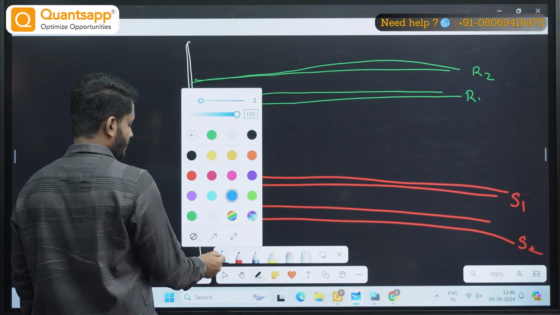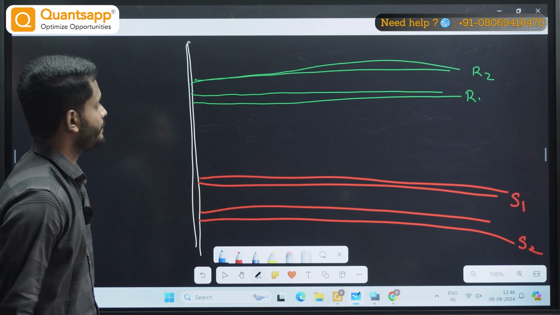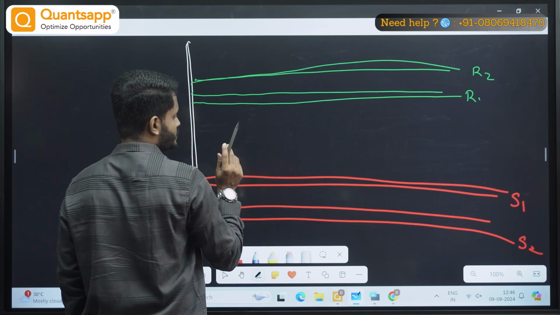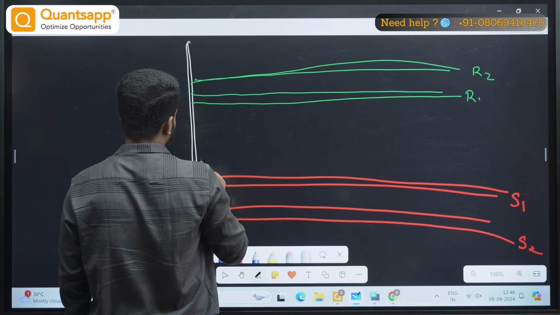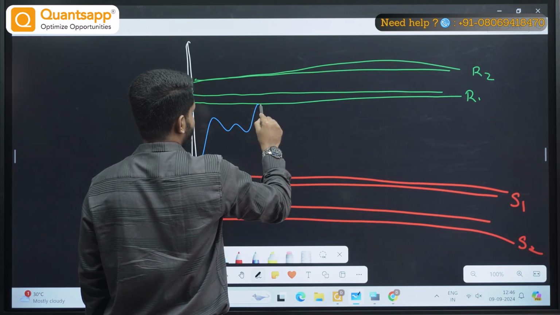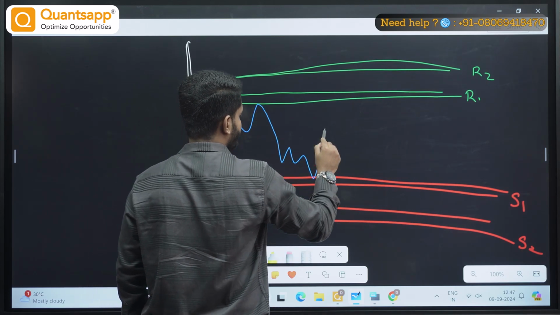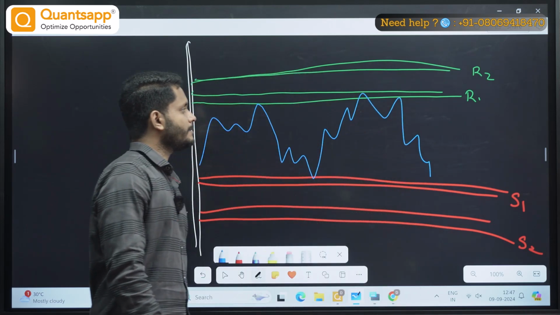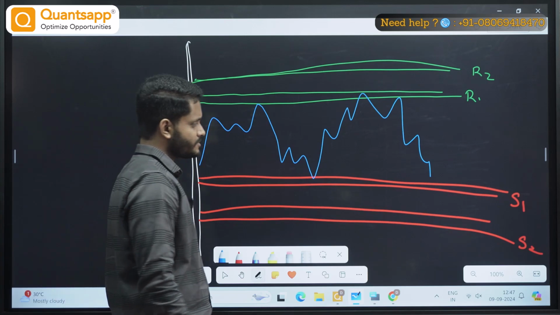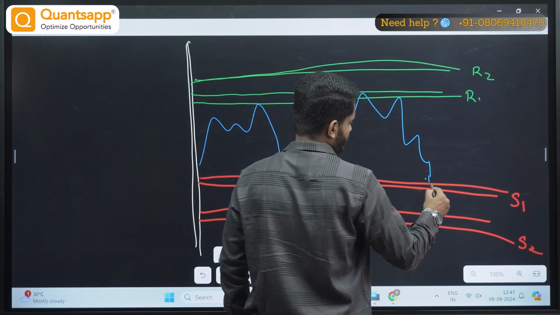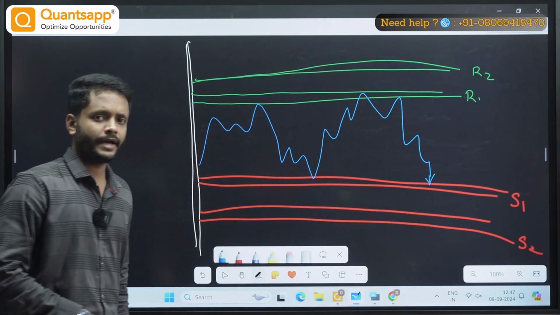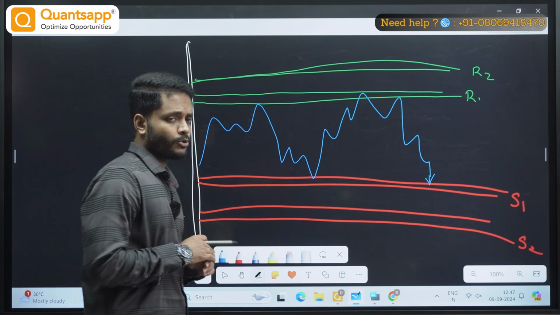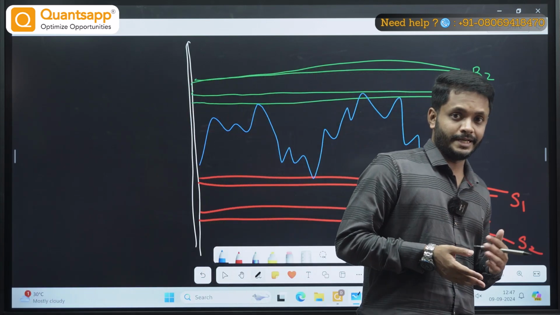Now what happens usually, if you see open interest, is that prices oscillate between the highest call writers level and the highest put writers level. Correct. Now say, for example, the price is trading near this highest put writers level, that is, near its support. Now what are the two possibilities?